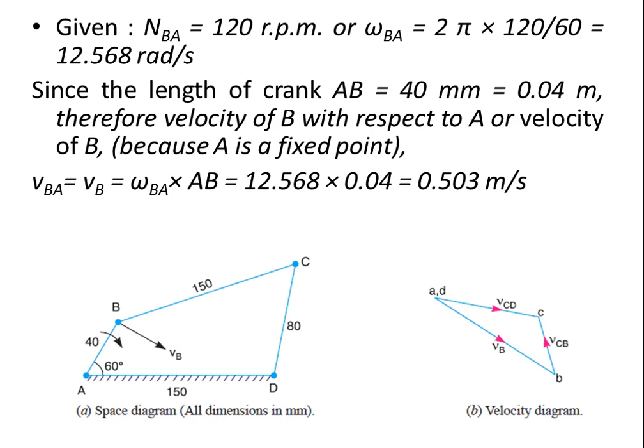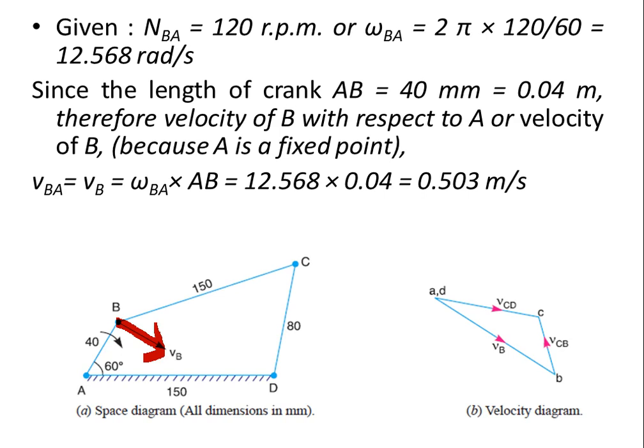Then next step. What is the next step? You have to draw the velocity diagram. In the last class I told you the velocity vector, whatever you are going to draw, will be perpendicular to the length of the link. Okay. So in that case, AB has a 60 degree angle, and exactly perpendicular to the link AB, in this direction, will be your velocity B, that is VB.